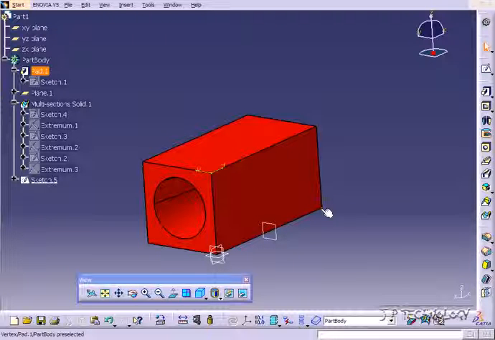This is tutorial number 58, and it covers advanced remove multi-section solids within CATIA V5. To start off, open tutorial part number 58 up, which is located on the DVD. Now again, we're going to be using the removed multi-section solid, which is the tool that we've been using in